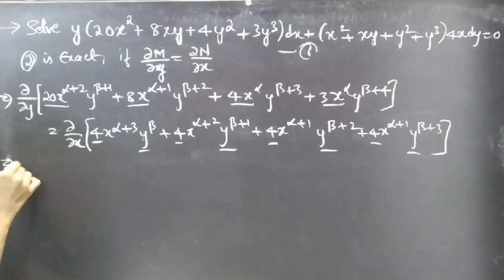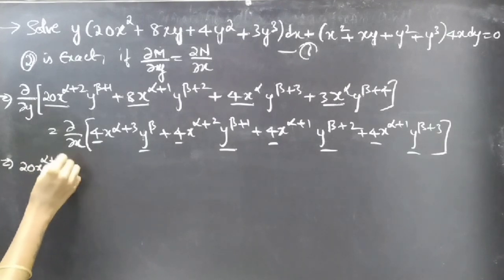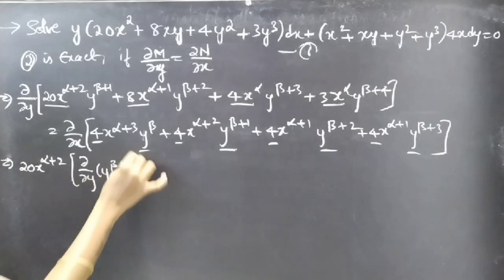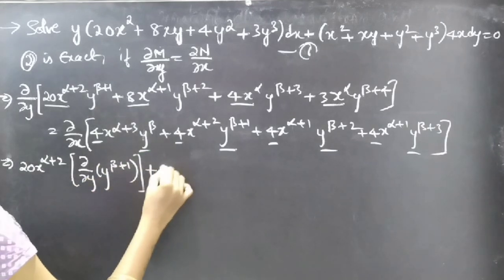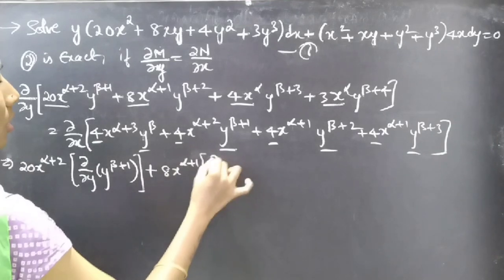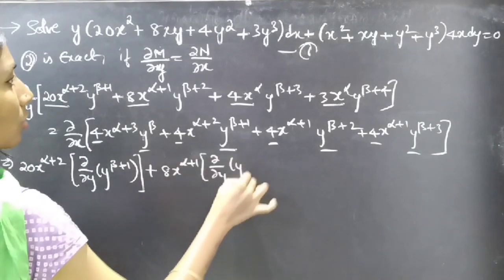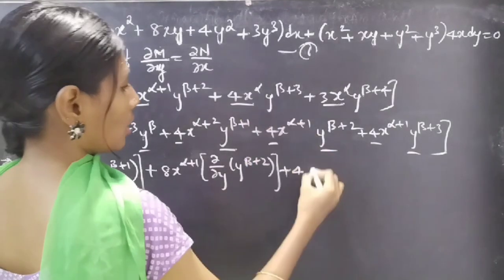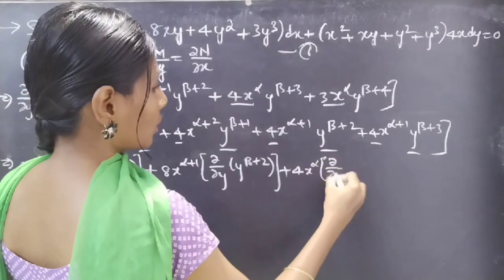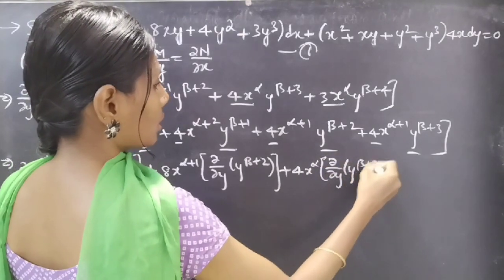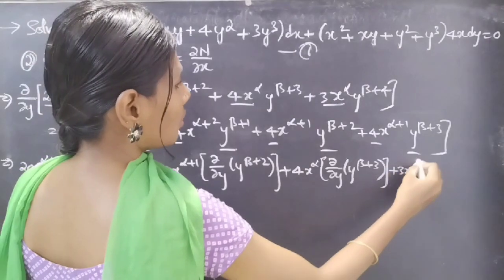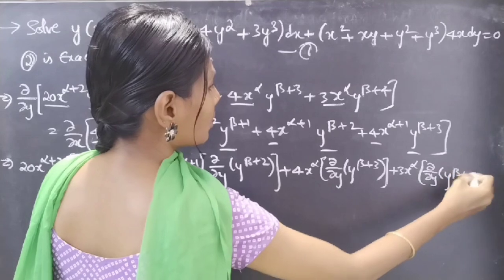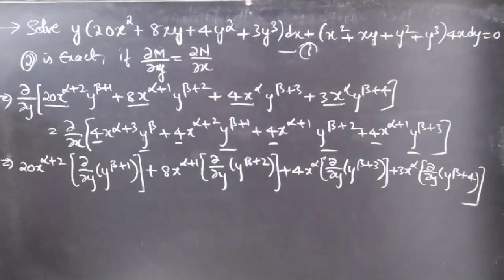So now we can write this as constant 20x^(α+2) into the partial derivative of y^(β+1) with respect to y plus constant 8x^(α+1) into the partial derivative of y^(β+2) plus constant 4x^α into the partial derivative of y^(β+3) plus 3x^α into the partial derivative of y^(β+4) with respect to y